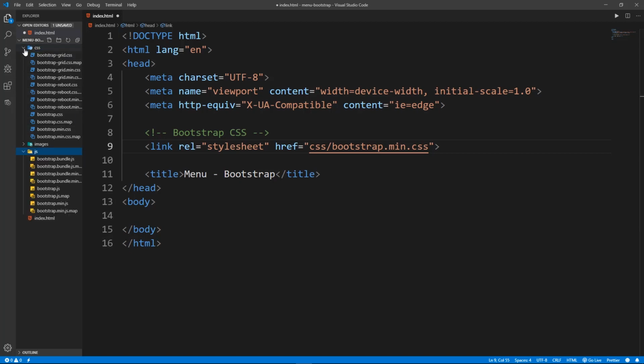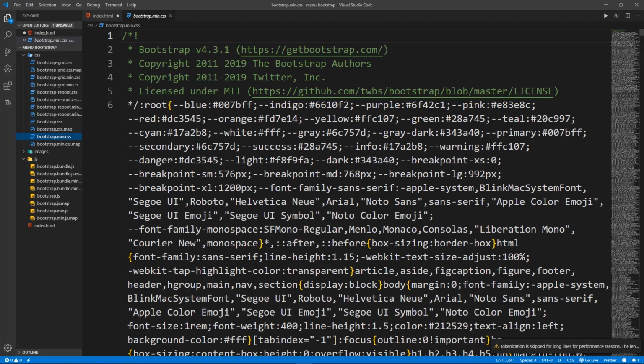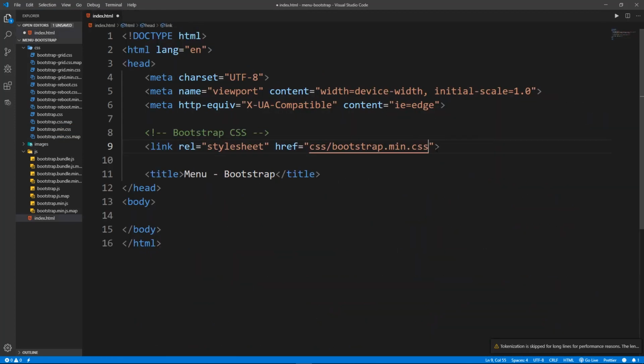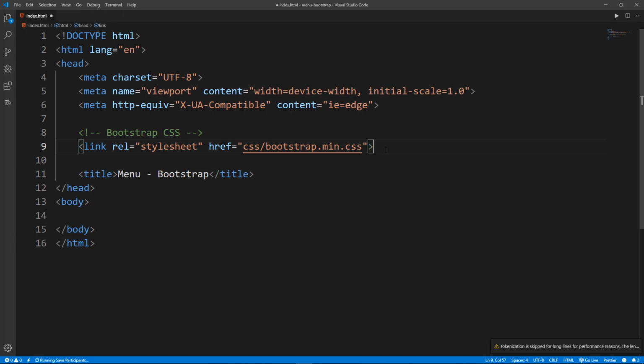In the CSS you have multiple files, and in the JavaScript as well, but from those you're going to use only one or two at max. For this one we are going to use bootstrap.min.css. This is the code that they have written. We are not going to see what they've written. Let's just import that using the link tag. Okay, so once you're done linking that,